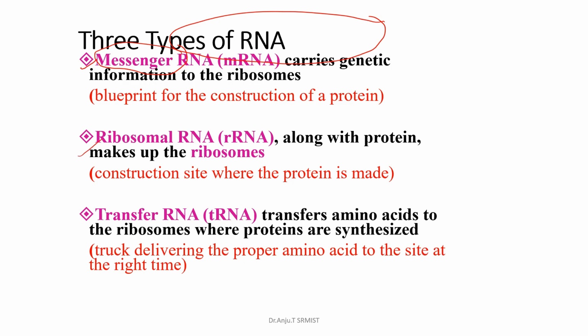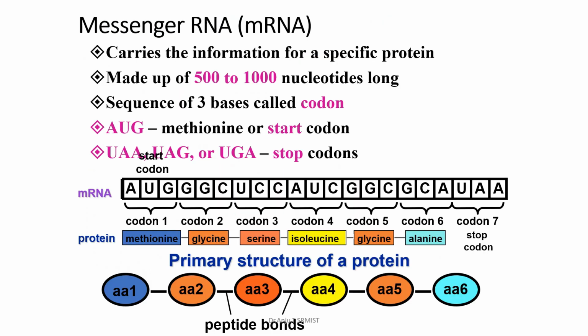And ribosomal RNA or rRNA is a part of the ribosome, so that's why it's getting its name ribosomal RNA, rRNA. And transfer RNA is the third type of RNA. Its function is to transfer the amino acids to the site of protein synthesis. So it is transferring amino acid molecules, so it is called transfer RNA or tRNA. We will see in detail about each of these